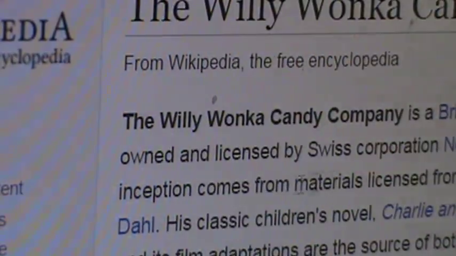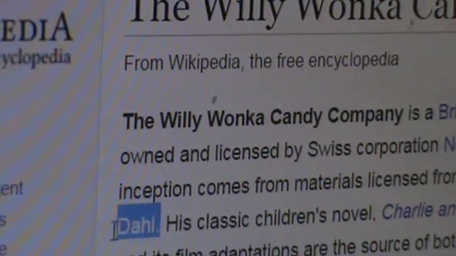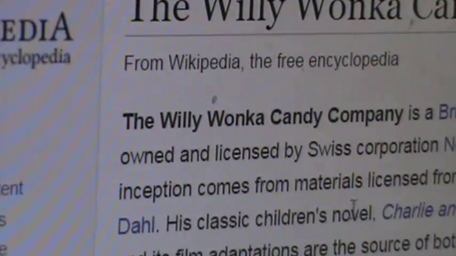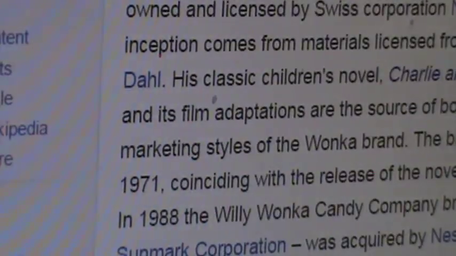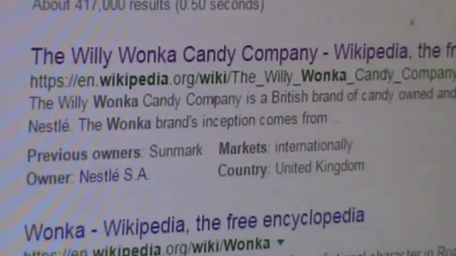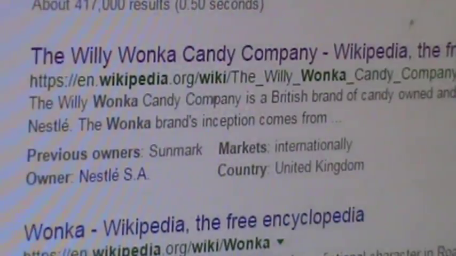Really? It comes from the materials licensed by Roald Dahl. Oh yeah. His children's classic, Charlie and the Chocolate Factory. And then even the original owner. There you go, Wonka. One story inspired an entire line.